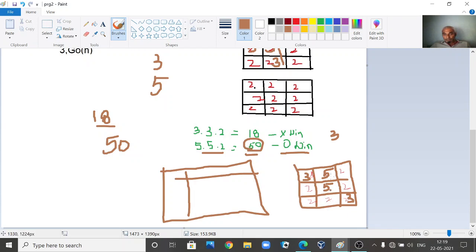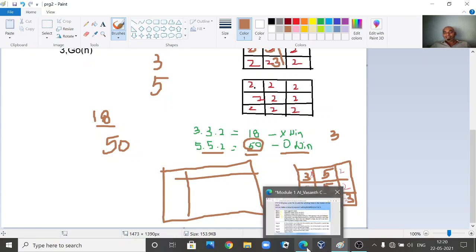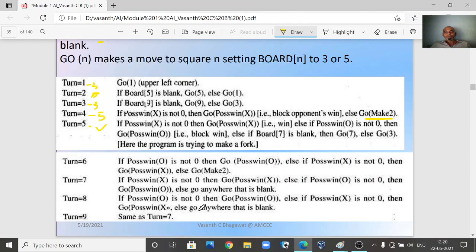That means if you don't block this, 5 will win in the next move. Now pos win will return this number. Since it returns this position, 3 is going to block this. So here 3 will come. Clear? Like this, this algorithm is going to work.